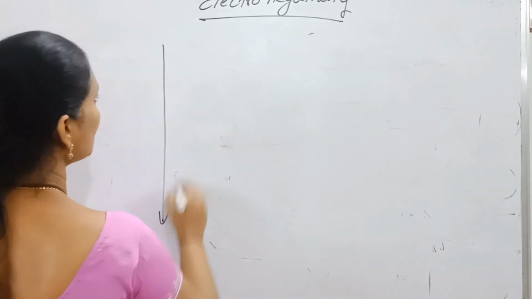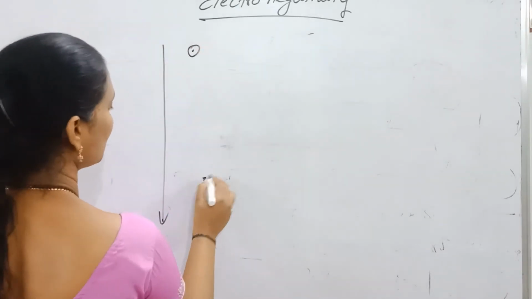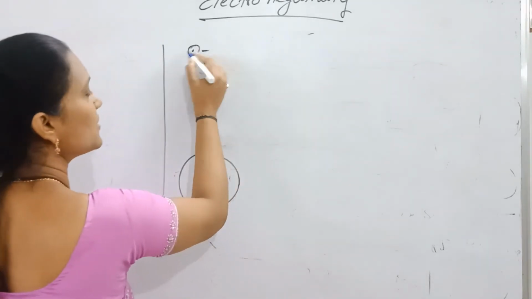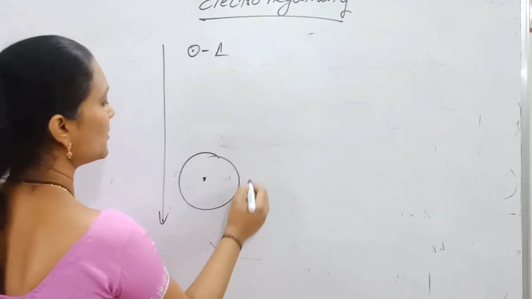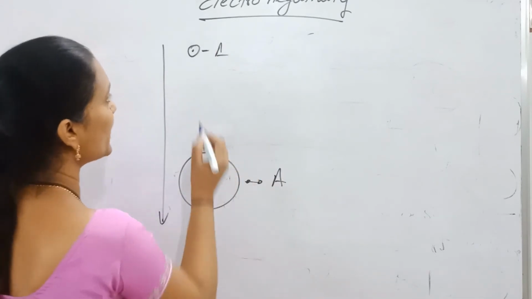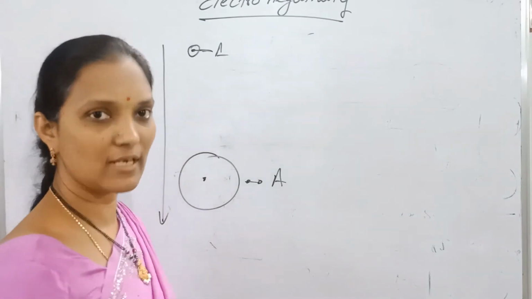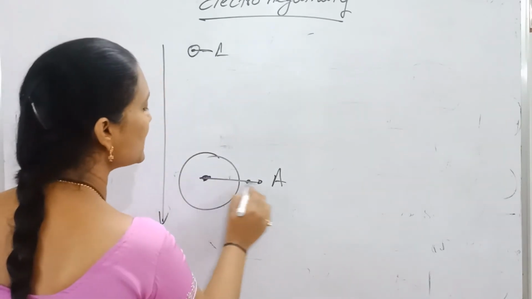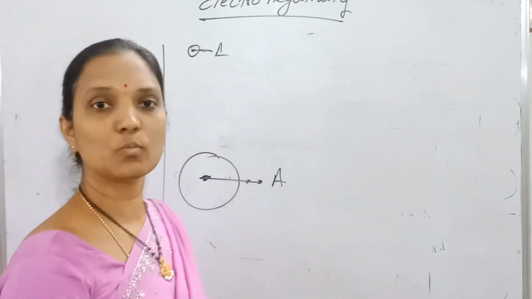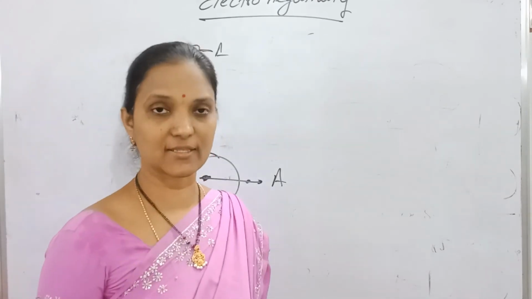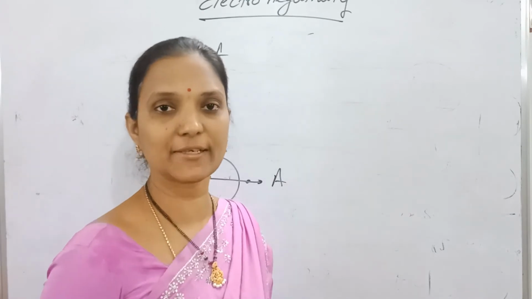Down the group, size increases, right? Here a bond pair is present. This element is bonded with another element, and this one is also bonded with another element, bond pair. The distance between the central nucleus and its bond pair electrons is less here. Here the distance between the central nucleus and the bond pair electrons is more. So distance increases, attraction decreases. That attraction power is nothing but electronegativity.